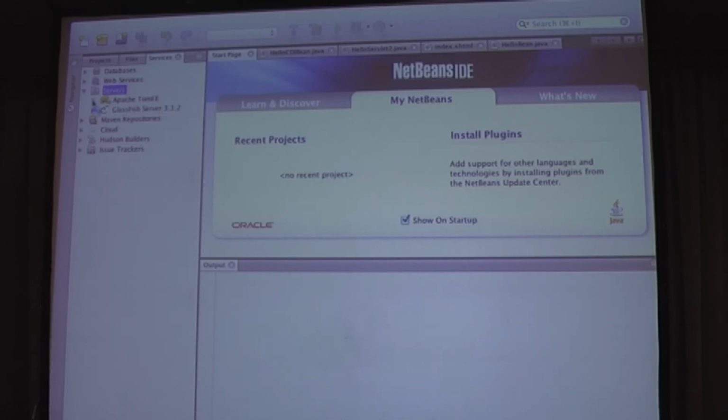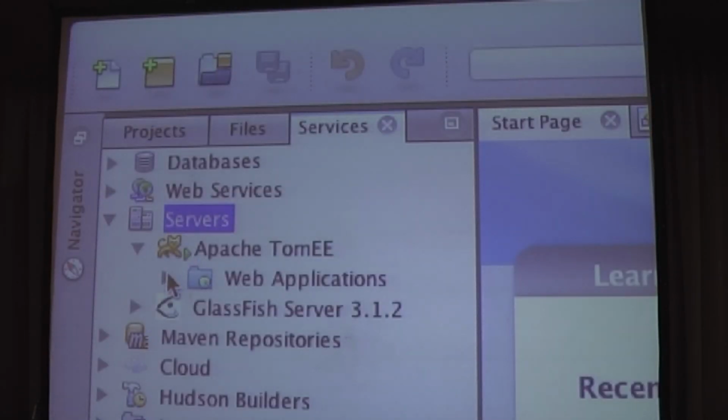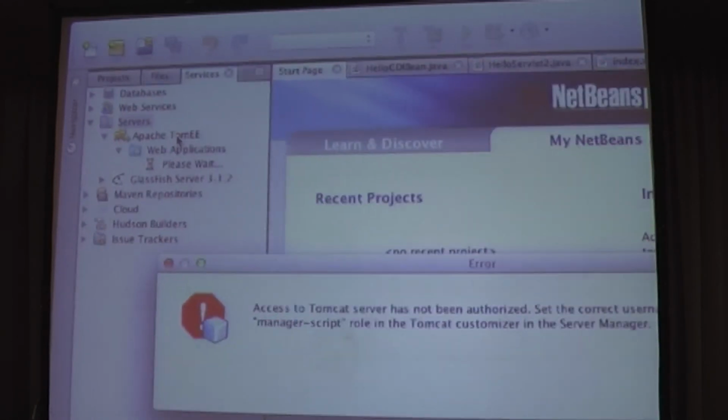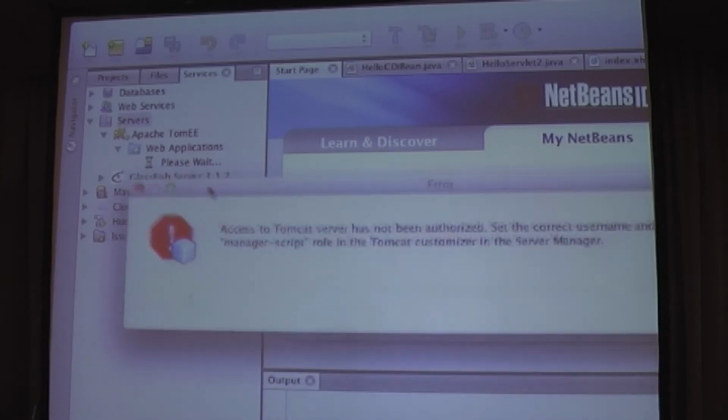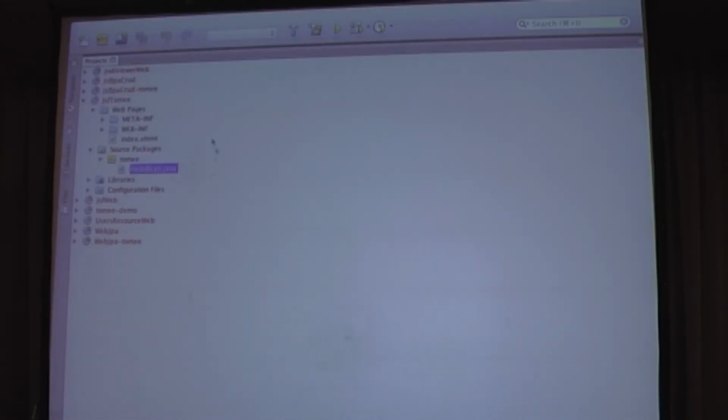Okay, since the app is running, you can see there are applications visible here. Yeah, because TomEE doesn't have manager script. Yeah, I know. Okay. So I don't care about it. So yeah. So let's create